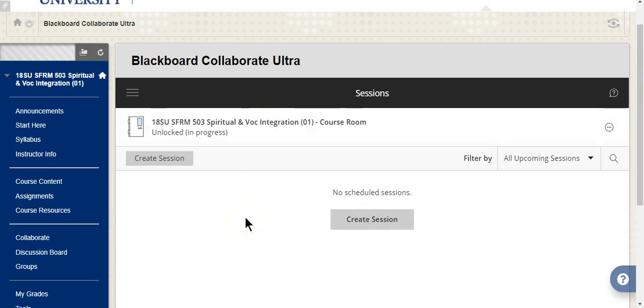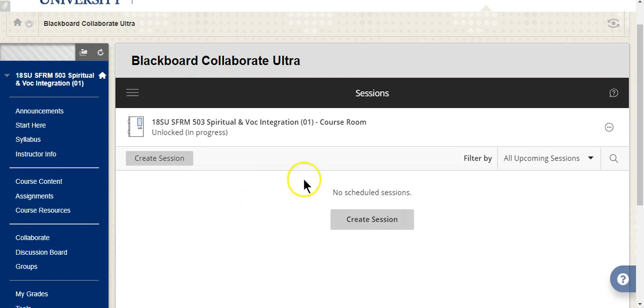Now, a course room, to be simple, rather than creating a bunch of sessions that none of us, including myself, can access that early, a course room is just there 24/7. It's always open. It is our room in our course. So it's even conceivable that your peer group could arrange to meet at a certain time in the course room and access it the same way.